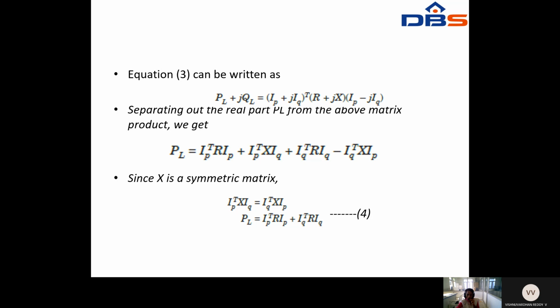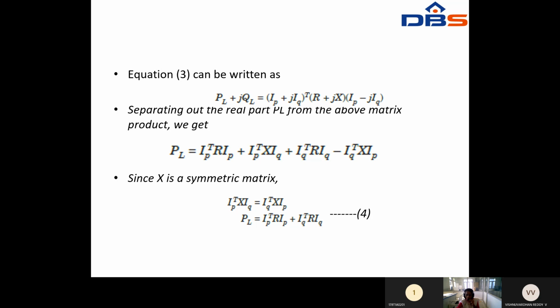Separating out the real part PL from the above matrix, the real part of PL is IP transpose into R IP, plus IP transpose into X into IQ,